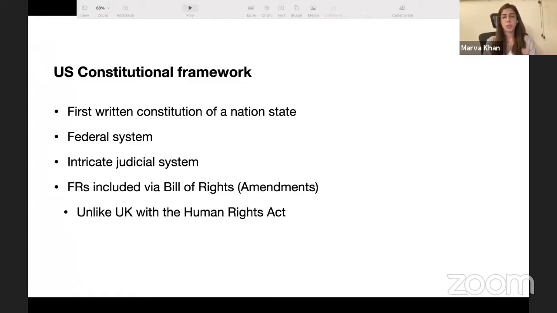And then, of course, the US Constitution is a federal system, and so is ours, but our Constitution is very expansive in terms of how the federal system is bifurcated between the central government and the provinces, versus what the system is in terms of the central government and the states.